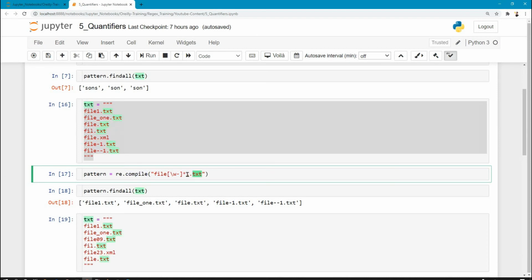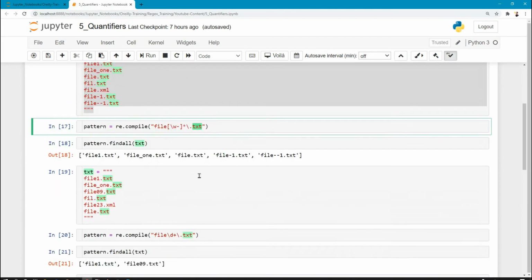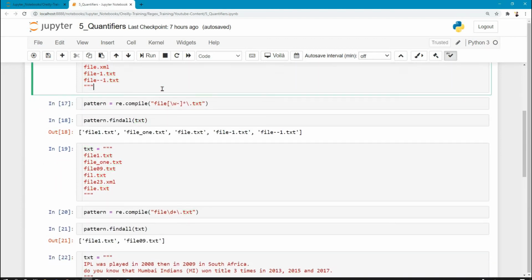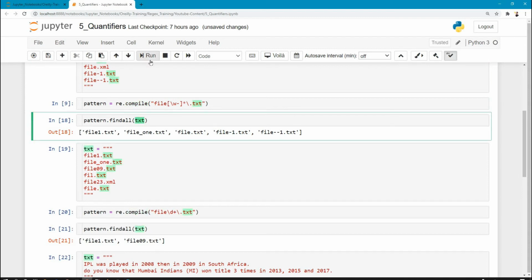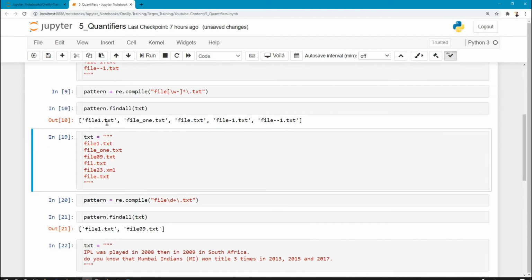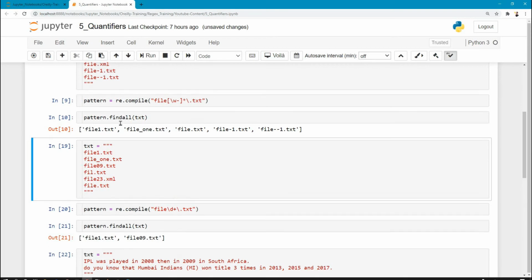So before the dot I've put a slash, which means the dot is not a wildcard character, but it should be the actual dot, and then txt. So when I run this and run the compile and try to find all, it will return me all of these values.